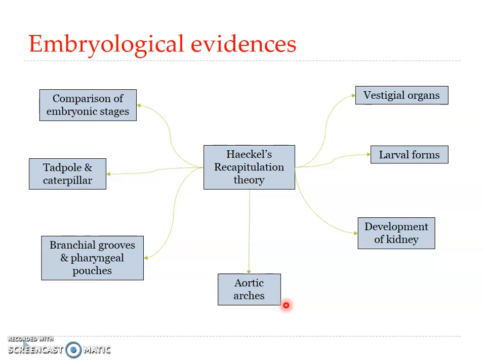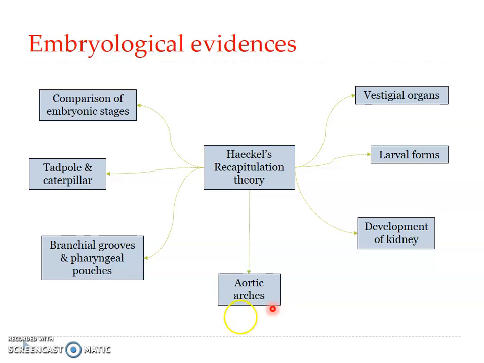All vertebrate embryos develop six pairs of aortic arches, which we have already seen in one of the previous presentations, and some of them later degenerate in the course of development in the higher classes of vertebrates. In mammals, all the six pairs are developed in the embryos of birds and mammals, even though in the adults some of these pairs are missing or disappear. The reason could be that the birds and mammals may have descended from an ancestor which had six pairs of aortic arches, and their embryos may be repeating those ancestral conditions.